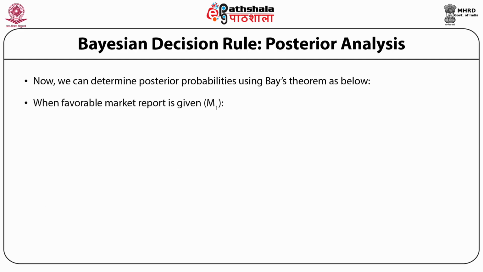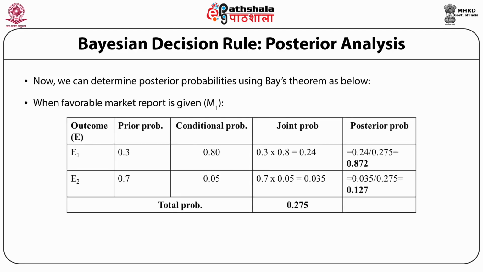Number one, we may have a favorable market report. Number two, we may have an unfavorable market report. So first I will go with the favorable market report, that is represented by the M1. So in this table you can see we have two outcomes, E1, E2, prior probability 0.3, 0.7 given to us,